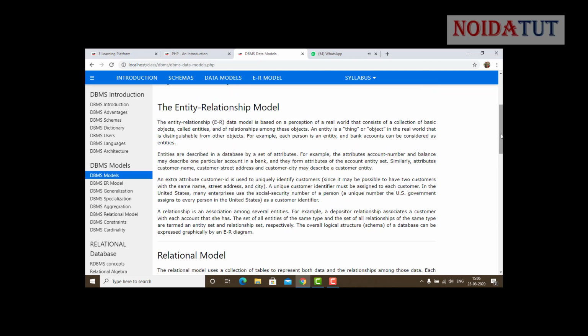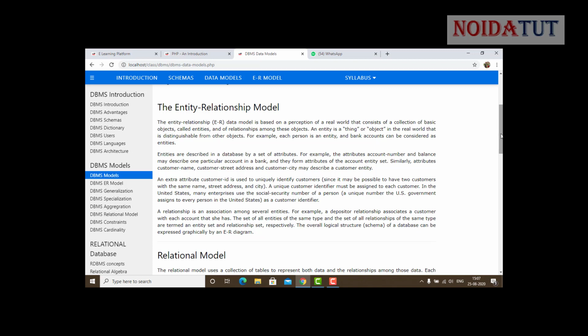Now, I have already explained the entity. Whether we are talking about the bank, there are different customers. We need to identify each customer so that each can be identified particularly. So we have the bank account number, the customer ID number, and then the unique identification number. In India, we have the Aadhaar card number. Other ways of identification are the PAN card number, voter ID number, and driving license number. These are the various unique identification numbers in India.